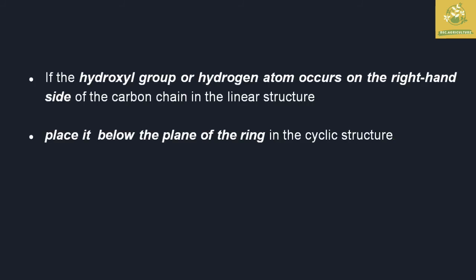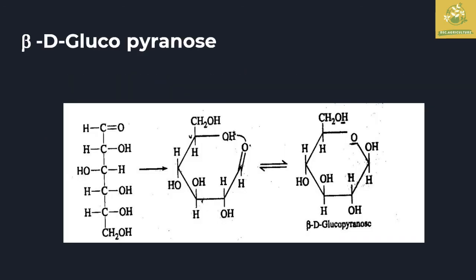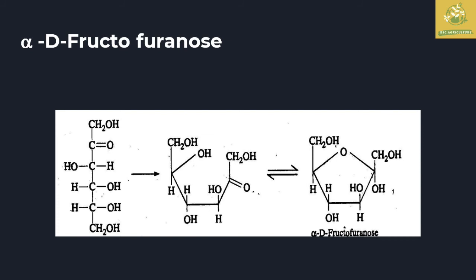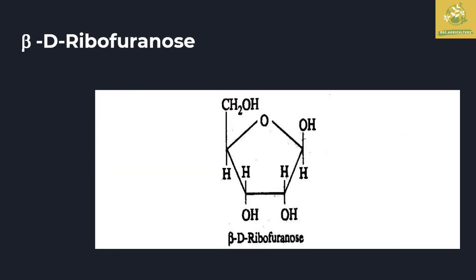So the hydroxyl group on the right hand side as well as the hydroxyl group on the left hand side. While seeing this, you can see the conversion of the pyranose molecule into cyclic form. So the complete process is done, and we get alpha D glucopyranose. I have given these in the lecture notes.